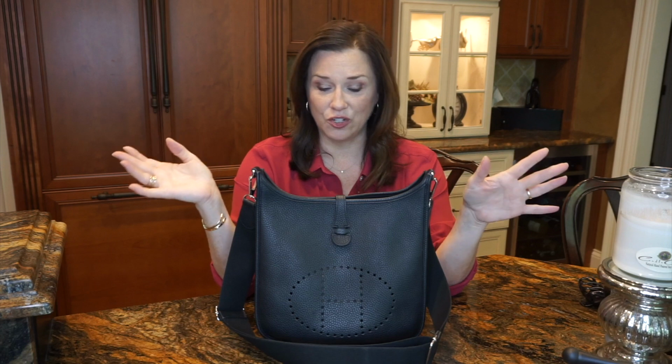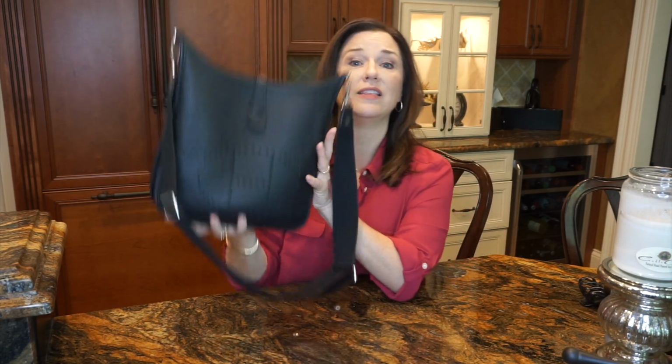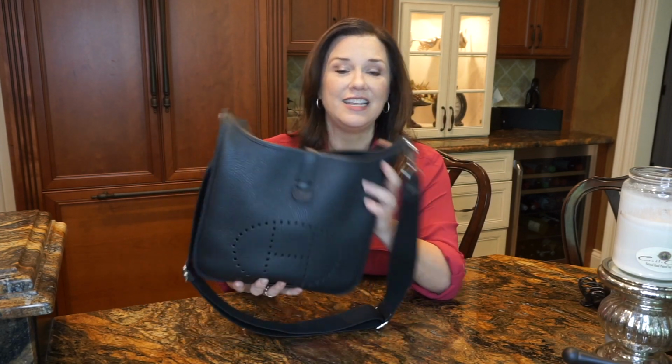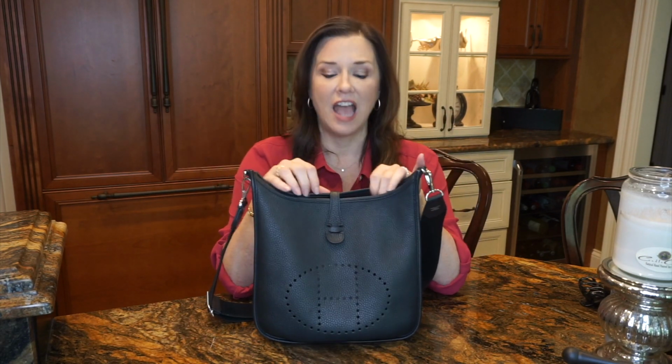Yes, I realize that renting anything, whether it's an apartment, a house, a car, whatever, is kind of throwing money away in a way, but then it's not if it helps you decide what you really want to do and if you want to go and spend the money. Since I had no other way of getting my hands on this bag to try it, this is the route I took. So I am trying this lovely, lovely bag out for a little while and seeing what I think. For those of you who are wondering, when did you get that, why didn't I see an unboxing, that kind of thing,